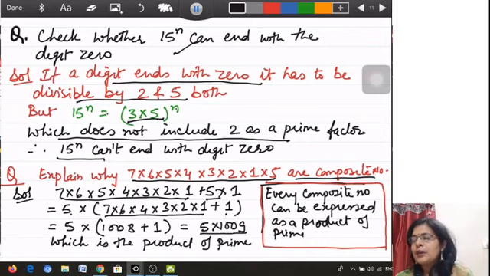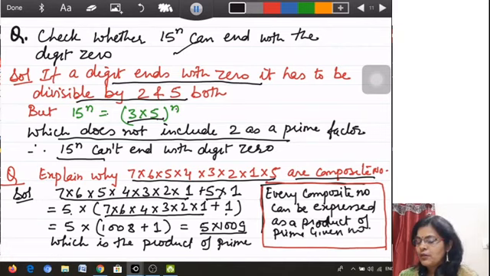Which you can see is a product. Sometimes children say that a composite number has two or more factors. It is also a composite number, and here, according to the fundamental theorem of arithmetic, we can say that every composite number can be expressed as a product of primes. So in this way also we can write that the given number is a composite number. Similar types of questions you can solve and get practice, children.